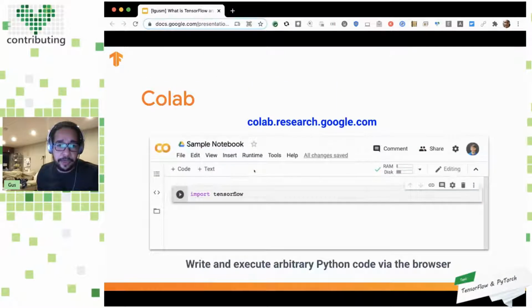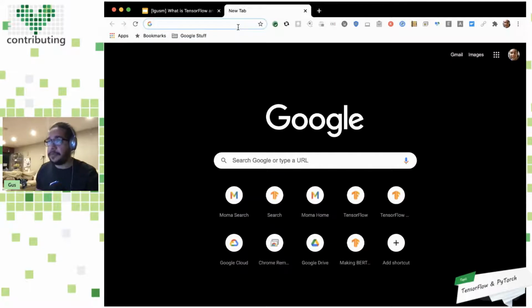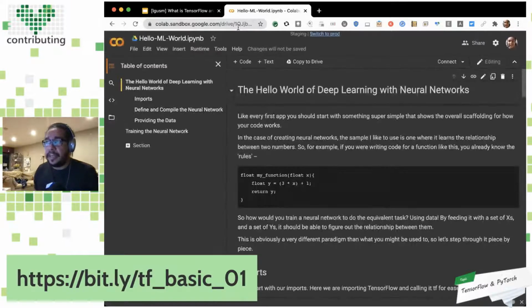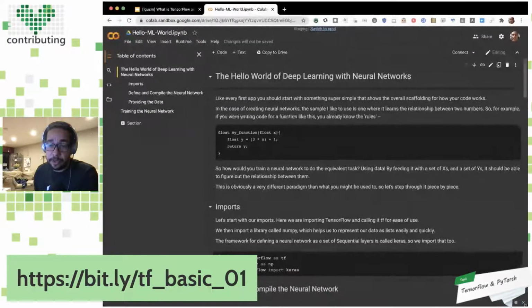I have one example here. If you want to go to this URL here. Sorry, I didn't copy that. Nice. So let me give you one example of how to run, just to train a model, right?